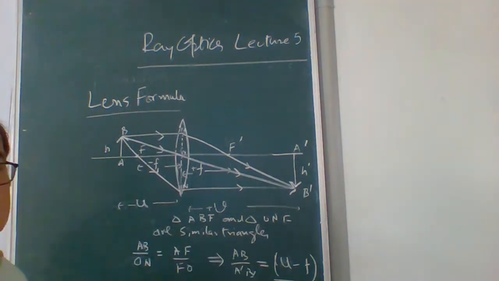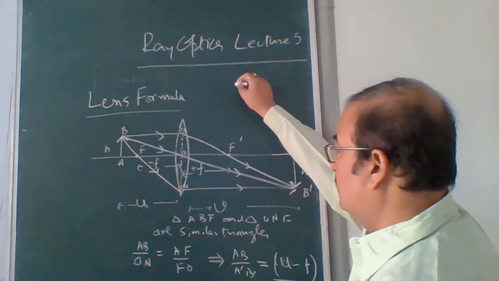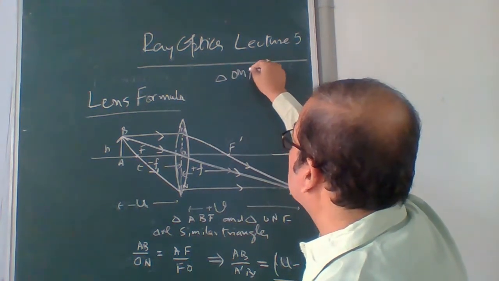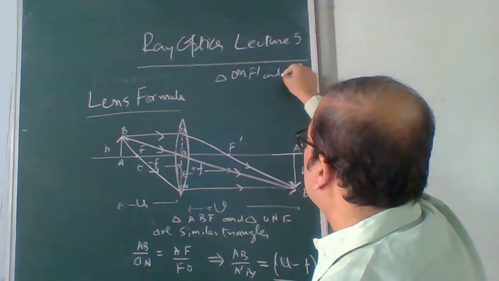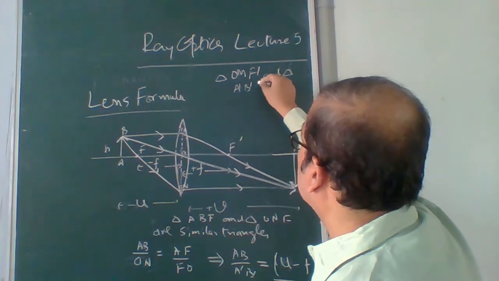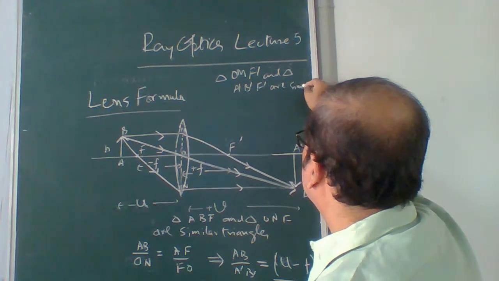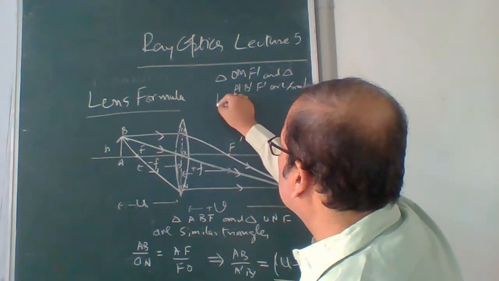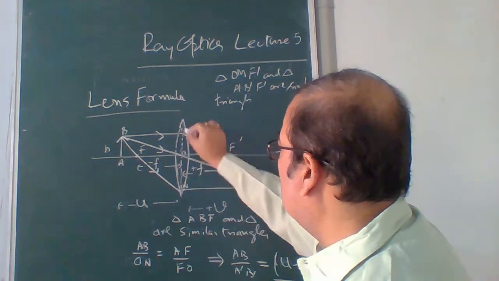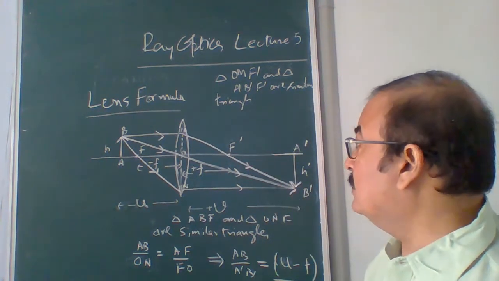Similarly, from the other side of the diagram, we may just consider, I am just taking this side, triangle OMF dash and triangle A dash B dash F dash are similar triangles. ये भी सिमिलर ट्रायंगल है, MOF dash और A dash B dash F dash, ये भी सिमिलर ट्रायंगल है। इसमें भी हम लिख सकते हैं